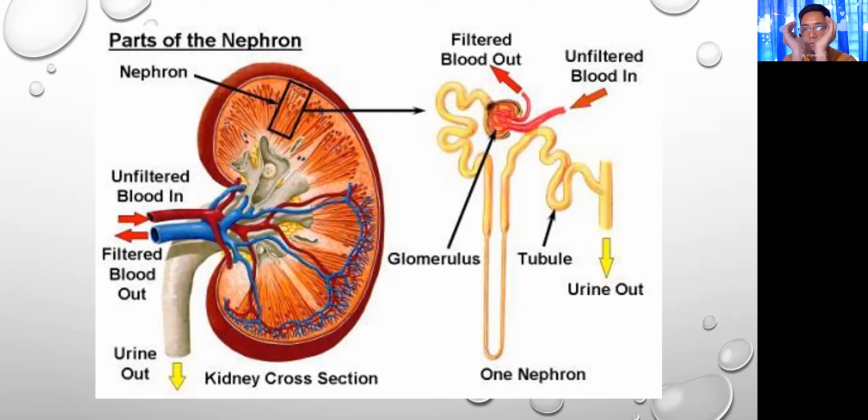So it will open up the tube there. And then once the fresh blood and the proteins are not being filtered well, they are going to pass through this small hole here, and then it will go directly to your tubules and out of